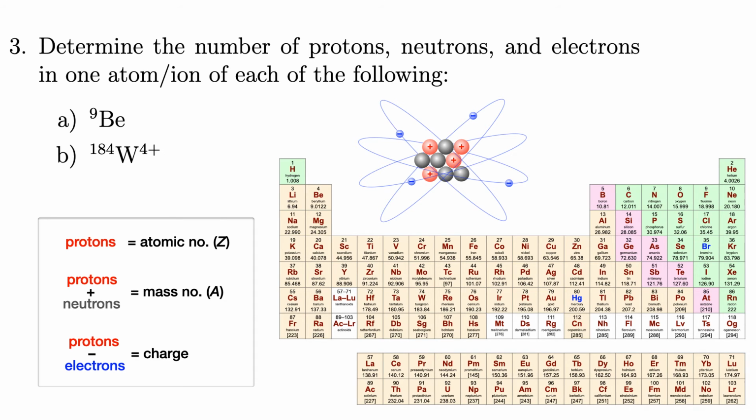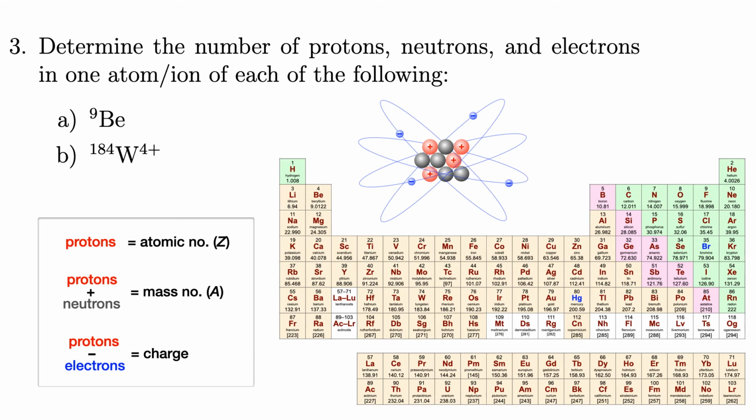Since protons are positive and electrons are negative, in a neutral atom you have equal numbers of protons and electrons, and so their charges cancel. When there are more electrons than protons, the charge comes out to be negative, and when there are fewer electrons than protons, the charge comes out to be positive. So in the case of these two atoms and ions that were given here,